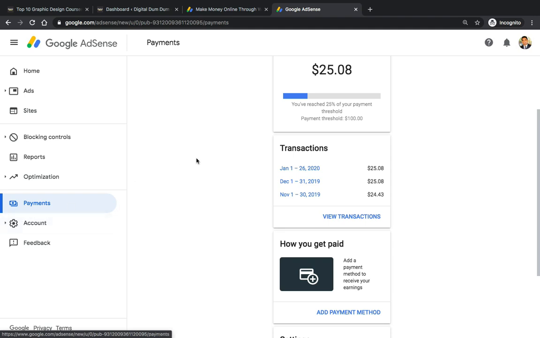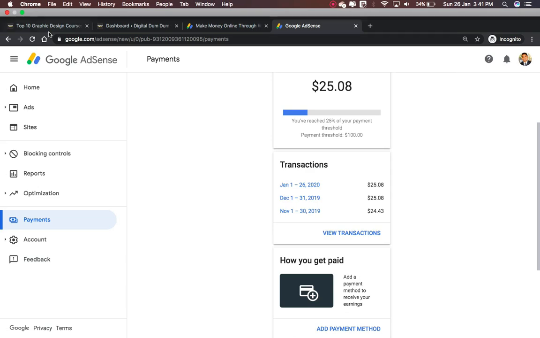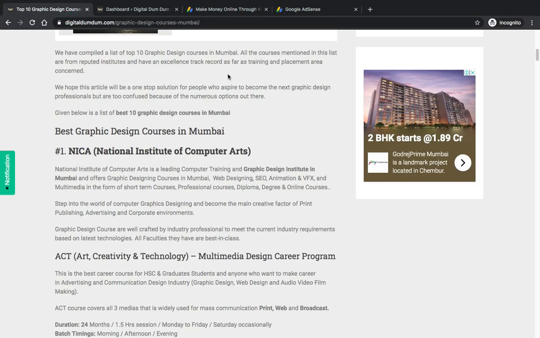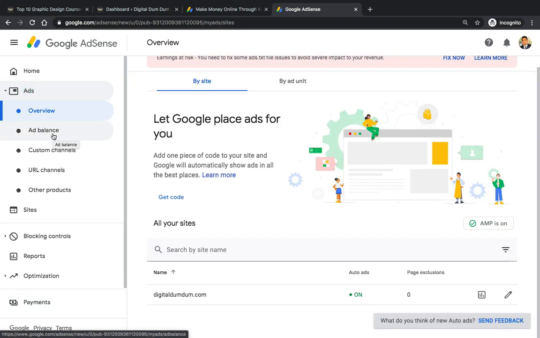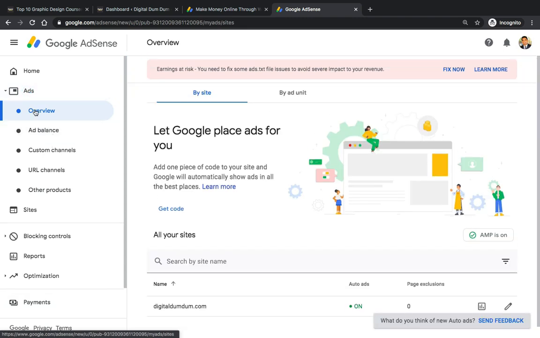Now let me show you how to create the ad, how to generate the code for the ad. Okay, so what we are going to do is we are going to generate a code, and we are going to paste it in the sidebar area. So the dimension of the ad will be 300 by 300. Okay, so you will go to Google AdSense, go to ads, go to buy ad unit,